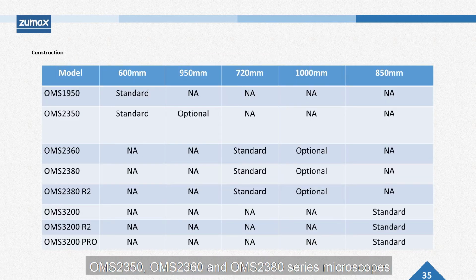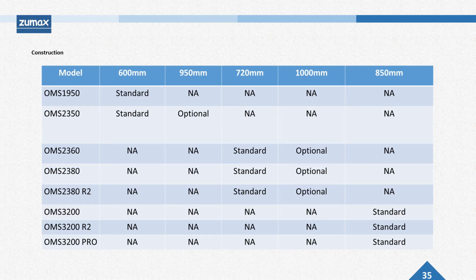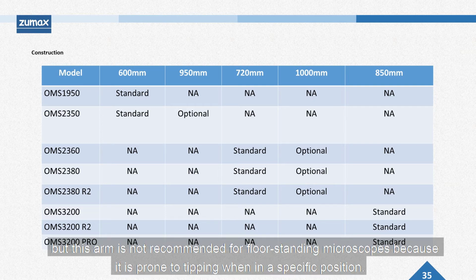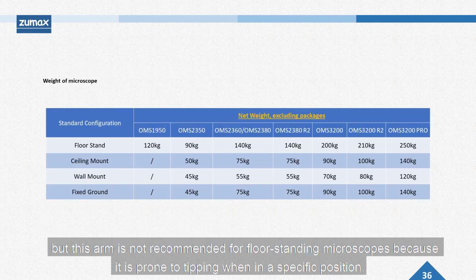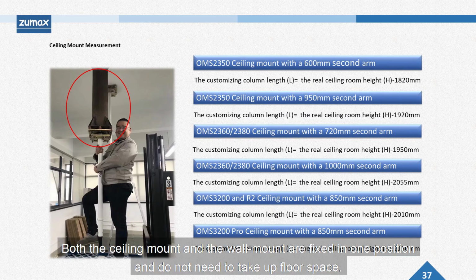OMS 2350, OMS 2360, and OMS 2380 series microscopes can be equipped with an extra long arm, but this arm is not recommended for a floor-standing microscope because it's prone to tipping when in a spatial position. Both the ceiling mount and the wall mount are fixed in one position and do not need to take up